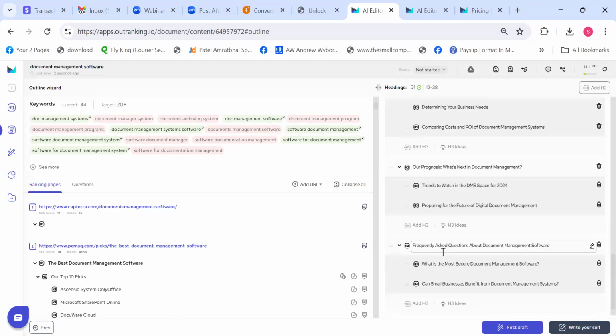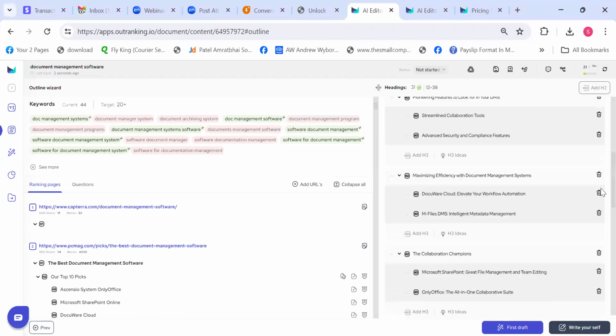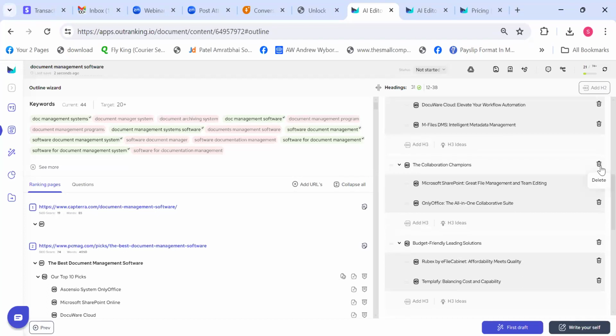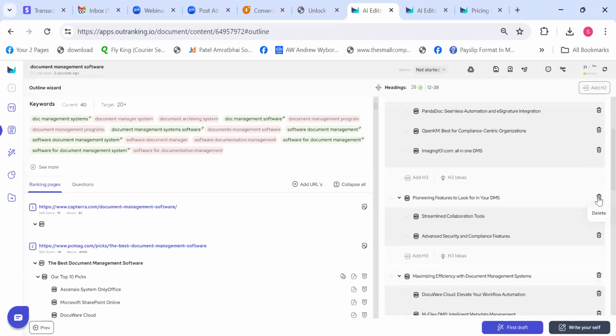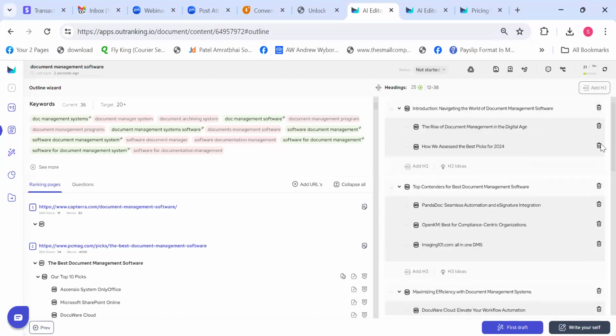Also, Outranking will automatically come up with FAQs every time. So this is something very important. So put up some FAQs which are right, with your context. And let's keep some less outline so that we can quickly generate the first draft. All right, so let's keep 25 for example. And what we will be doing is, let me remove, in fact,